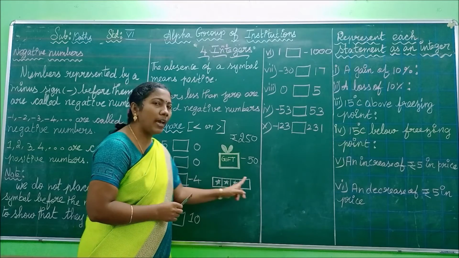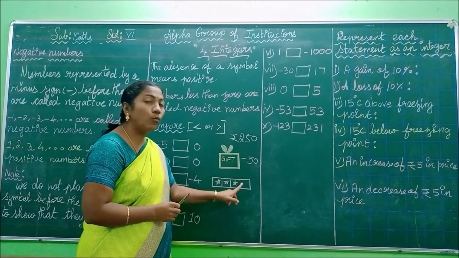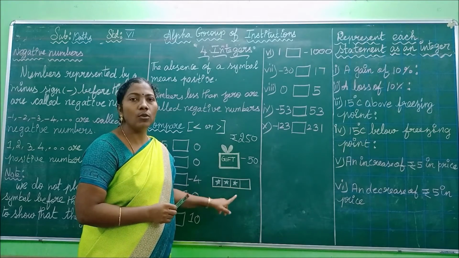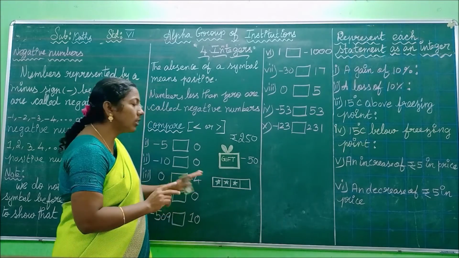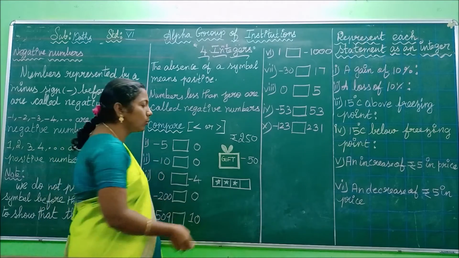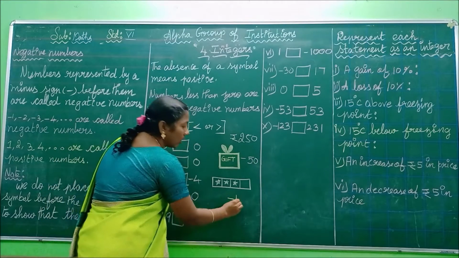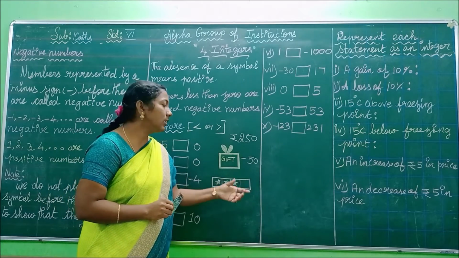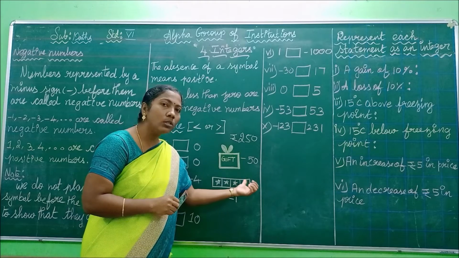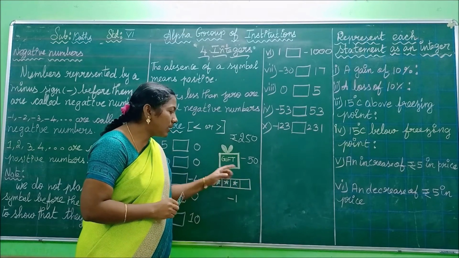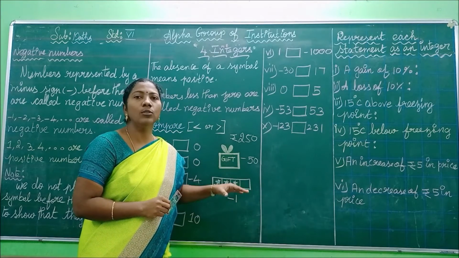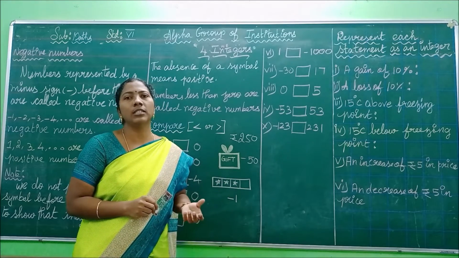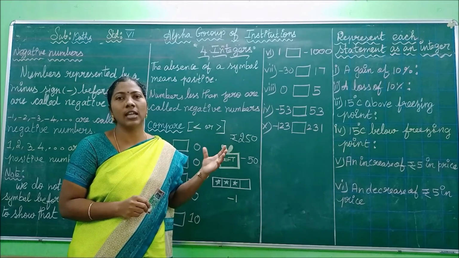See here. This is a badge. It should contain 4 stars. But here we need one more star. So here we don't have that 1 star. There is 1 star missing. So minus 1 represents that situation, that there is no star in that place. To represent the needy situation, we use negative numbers. So in today's class, we are going to discuss negative numbers as well as integers.